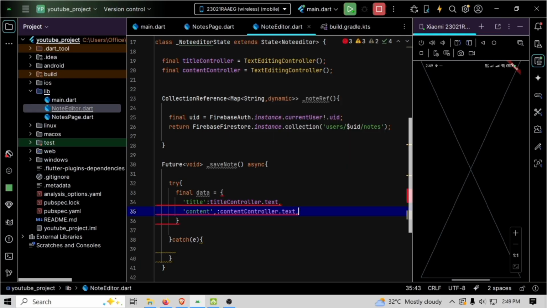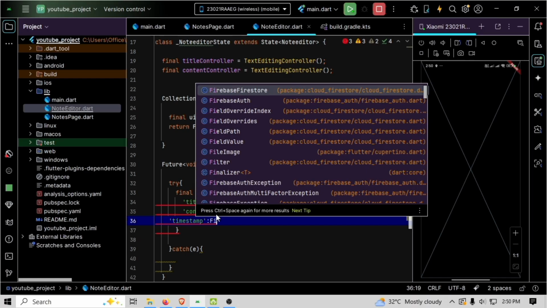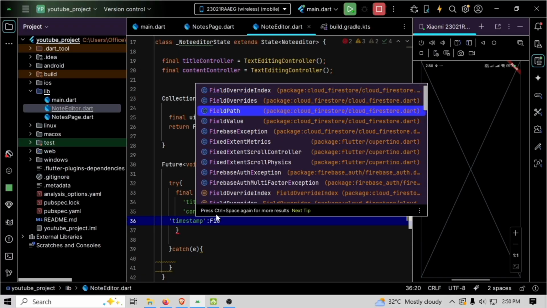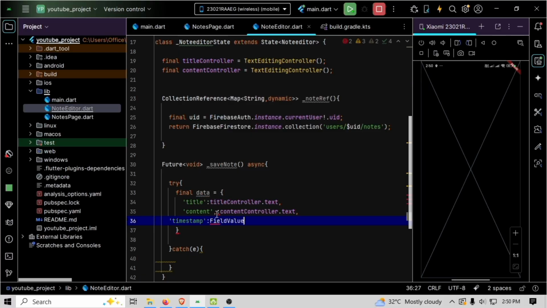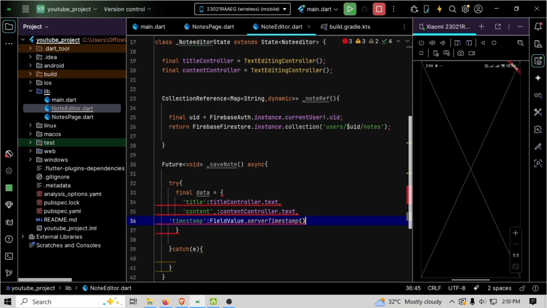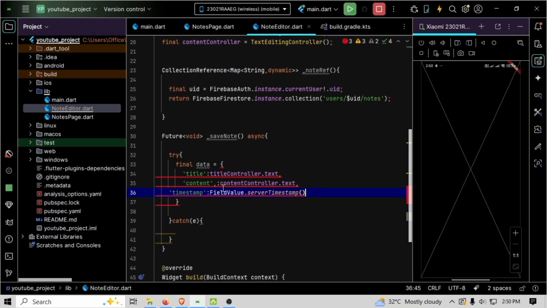And also I pass time. Time them. Fiber delu dot servers time temp. Now